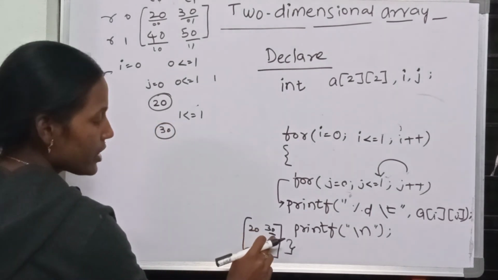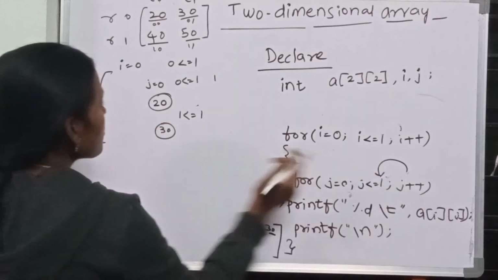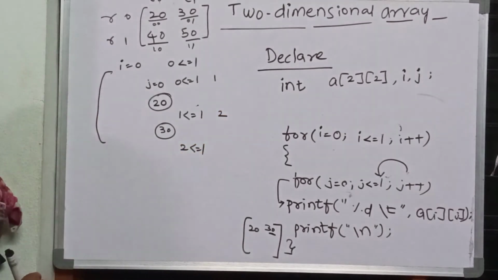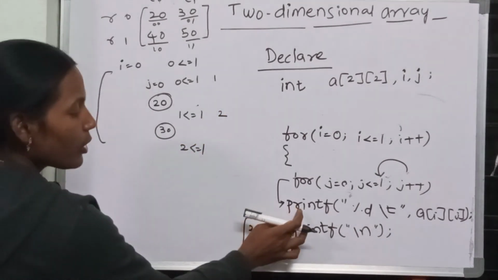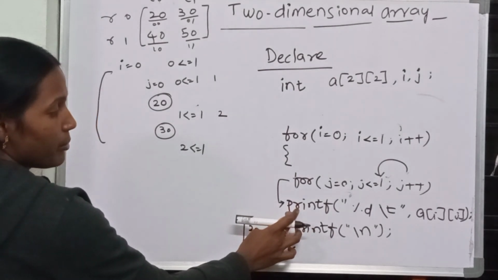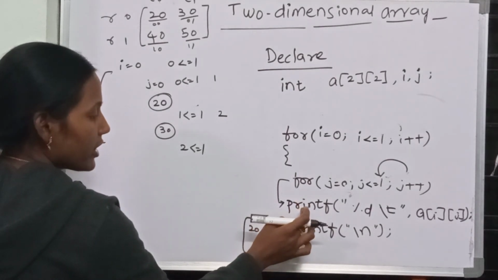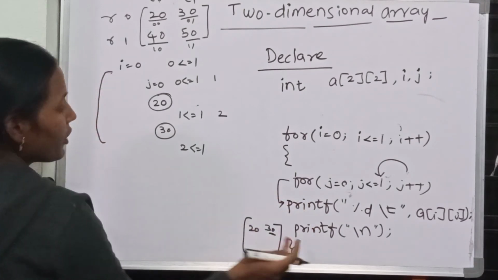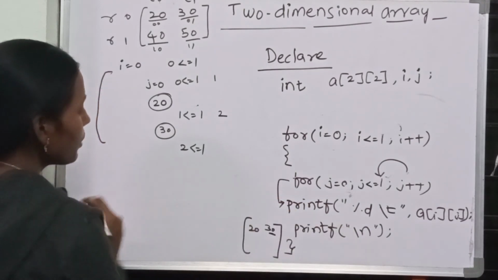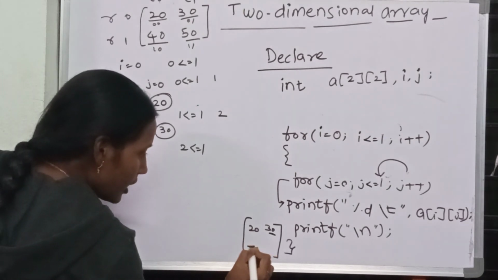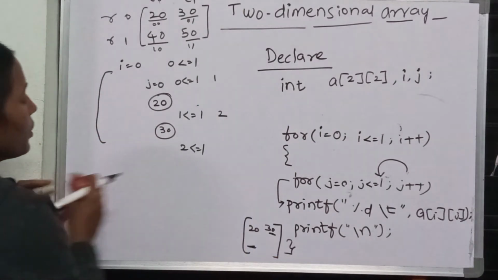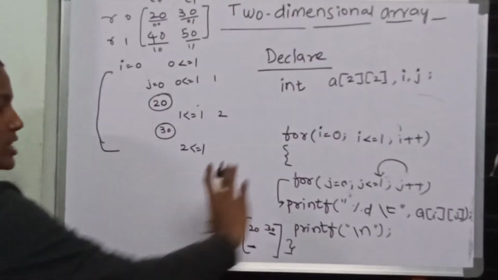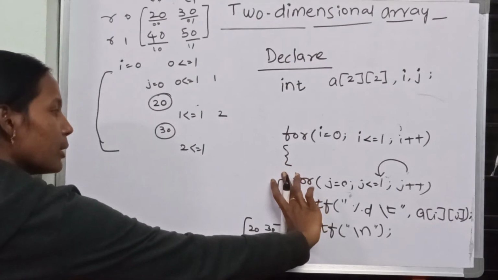Okay, now the value got stored here. Now next j becomes what? 2. Is 2 less than or equal to 1? Condition wrong. If condition wrong, control never enters into this statement. It will now execute this. What are we writing here? Printf new line. So your cursor will wait in a new line. Now with this we completed the inner for loop. That means this block of the for loop is completed.